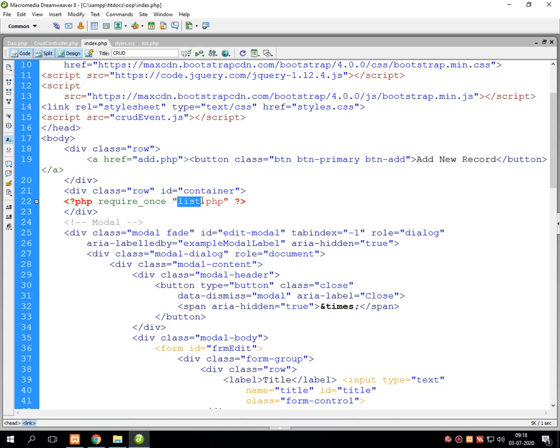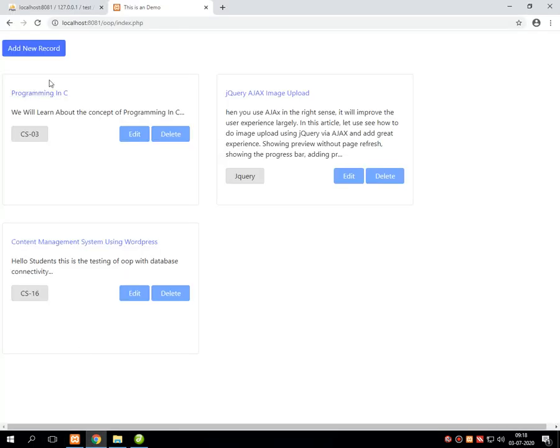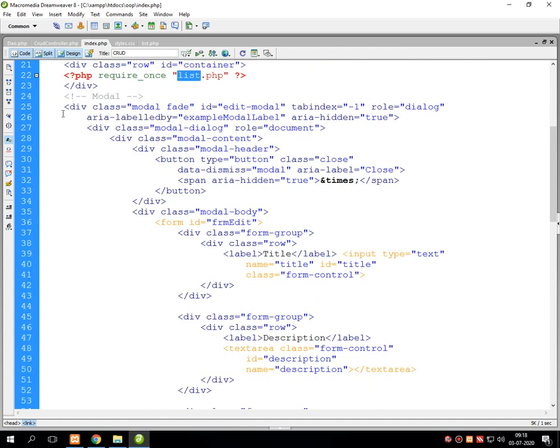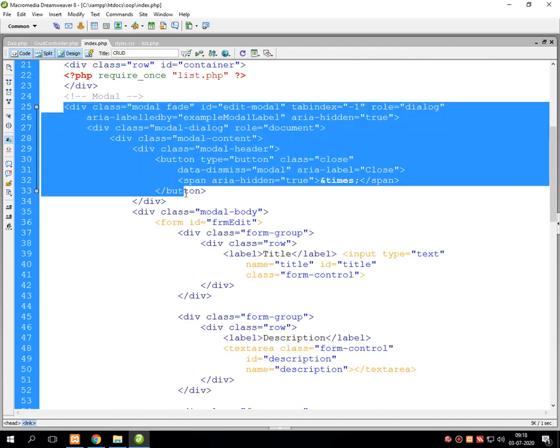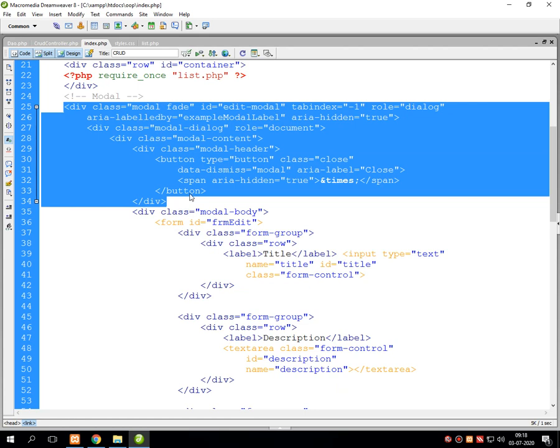Now students, you can see that all the information is in this rectangle. Several rectangles are there with title, description, category, and two buttons called edit and delete. So for that, the line of code that I have mentioned is over here.